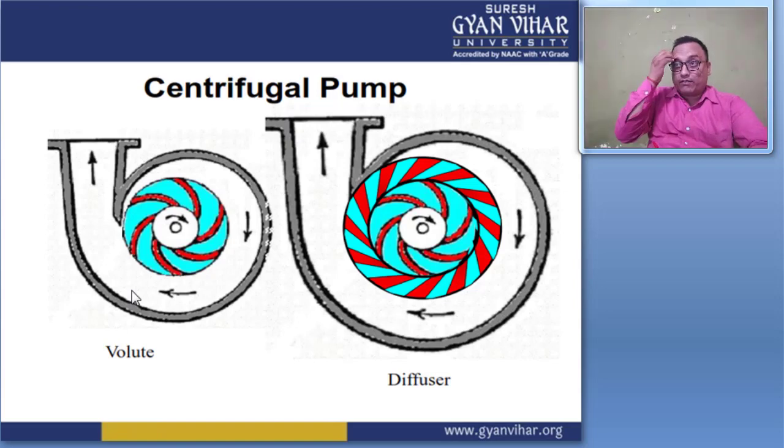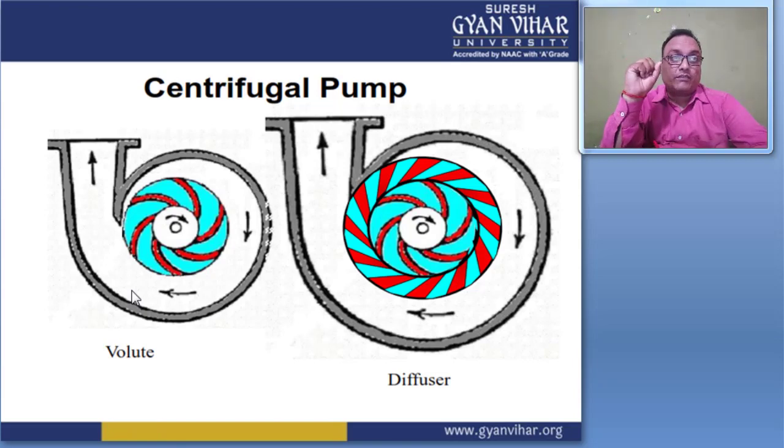In the case of a diffuser, stator and rotor vanes are present, but in the case of only a pump, only rotor vanes are present, right? And for the shaft,